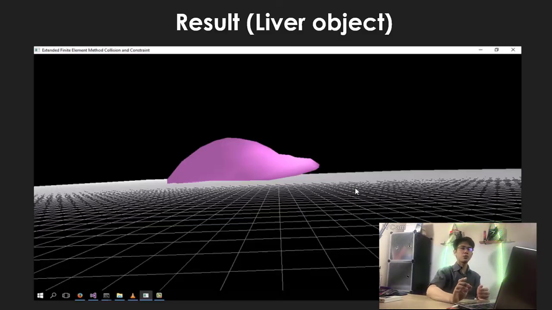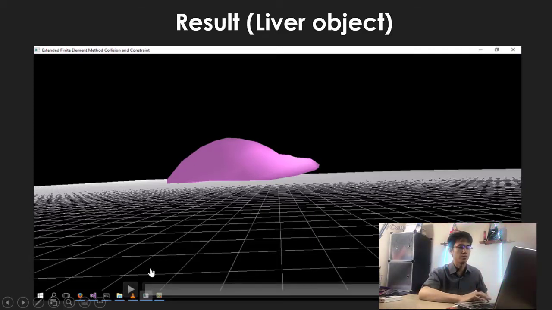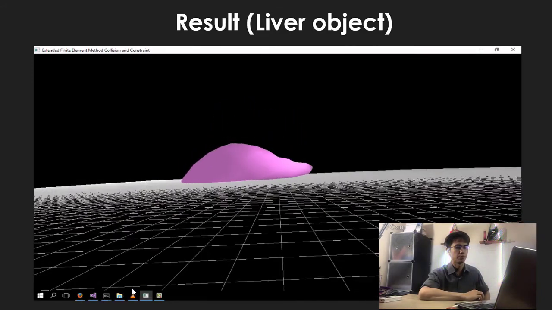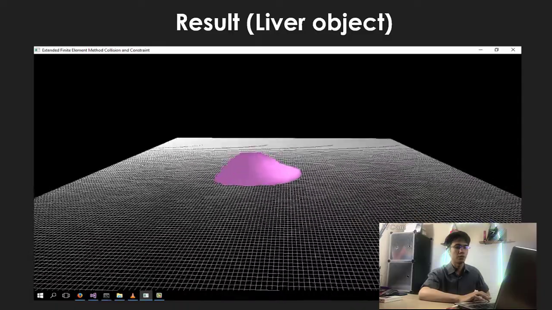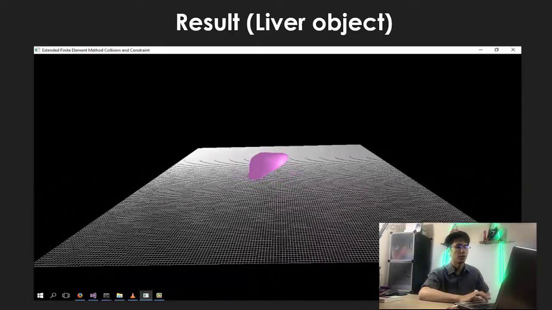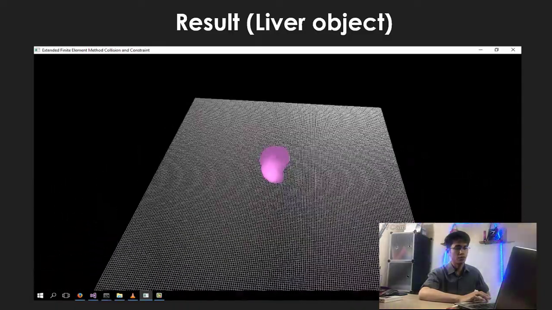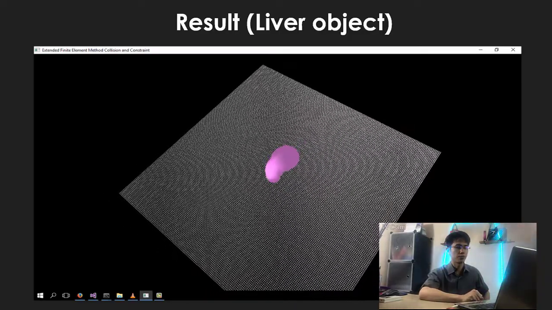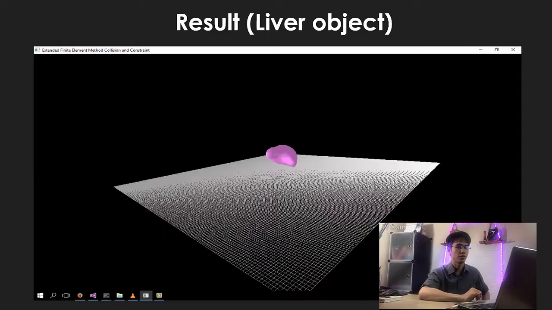So I will show you the result of what I have done. So here we are. This is the liver object. It hits the floor with the gravity force, as you can see.